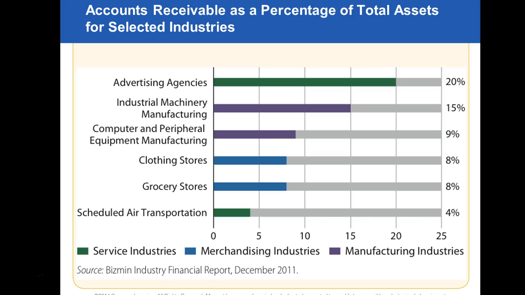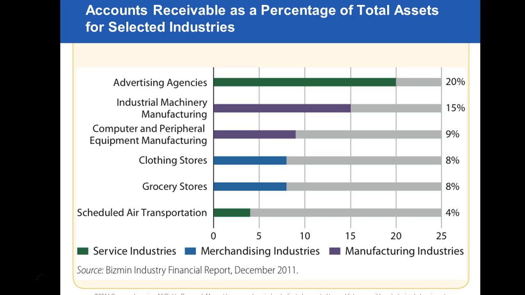Think of the millions of dollars those airplanes cost. And so, because the airline industry is very heavy in assets, their percent of accounts receivable to their total assets is 4%. Doesn't mean that people still don't owe them money. It's just they have a lot of